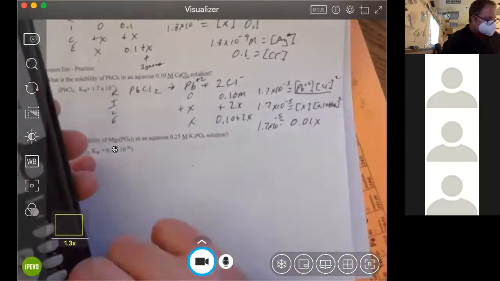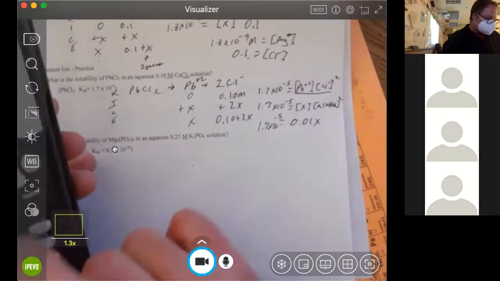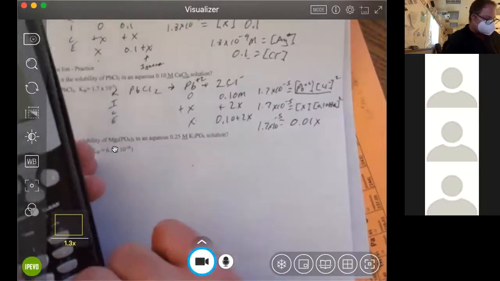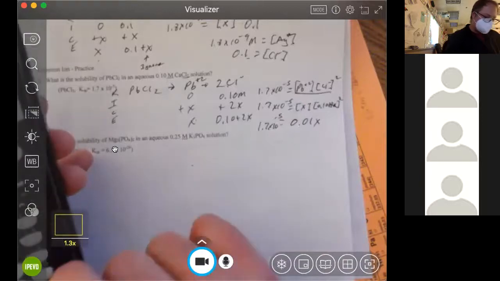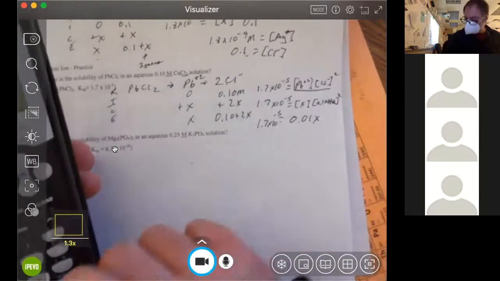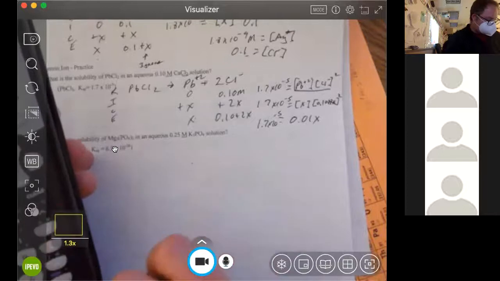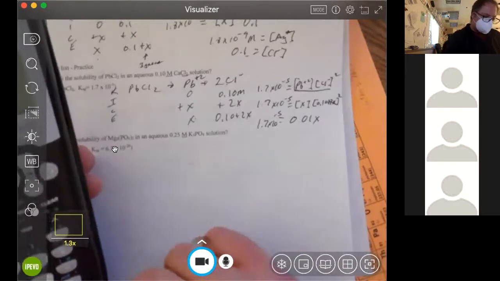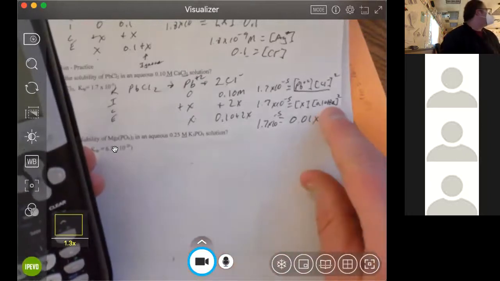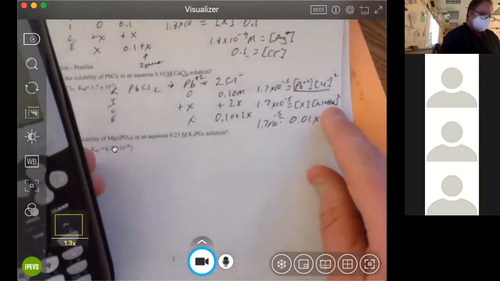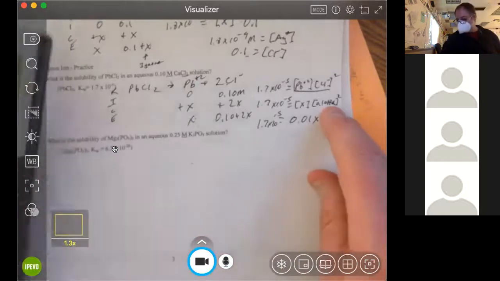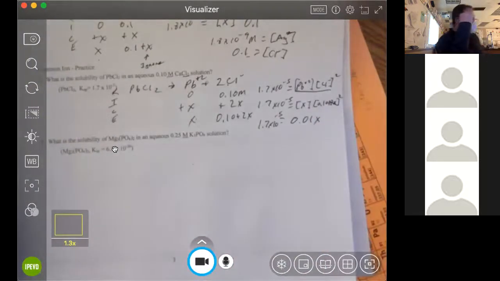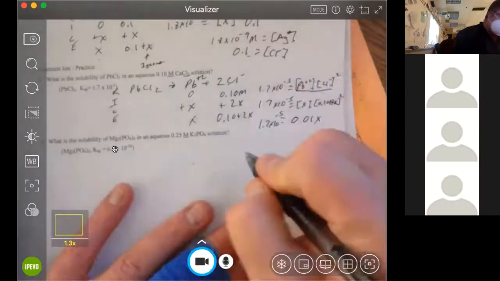So take that 1.7 times 10 to the negative 5th and we will divide it by 0.01. The only thing we're ignoring is that 2x, because it's so small compared to 0.1. Let me show you real quick. So we end up getting x equaling